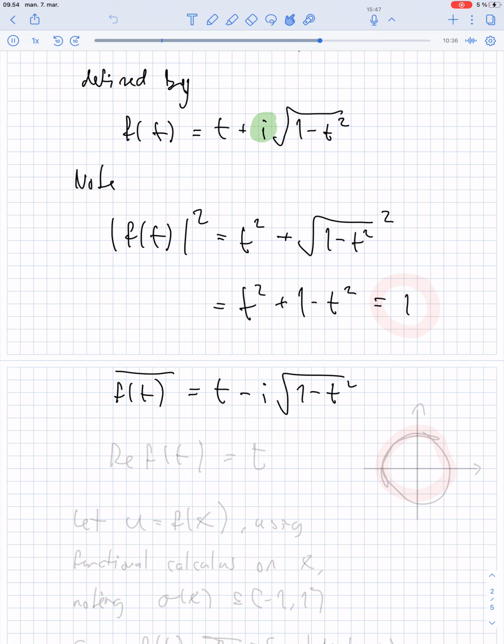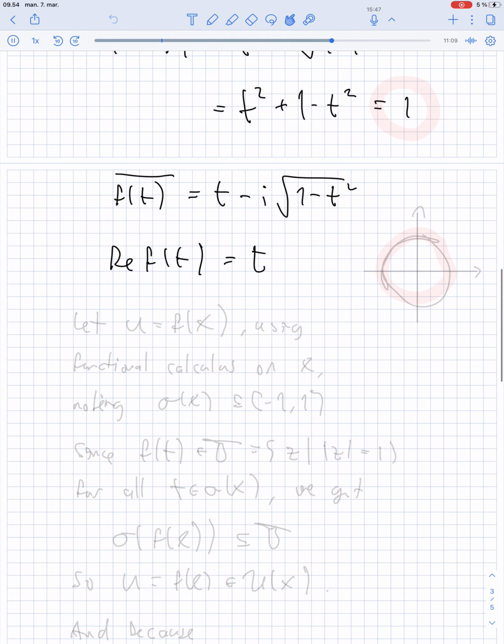So what does that give me? I'll do one more observation, namely that the real part of f of t is, of course, just t. Right. So these are sort of basic observations about my function f. It's a little bit hard to draw the graph of f because it's complex valued. But you can sort of see that if I was to draw the graph, I could think of it as a curve in the complex plane, right? So maybe you can draw it this way, right? So here's